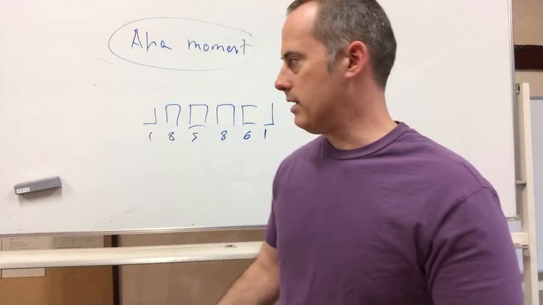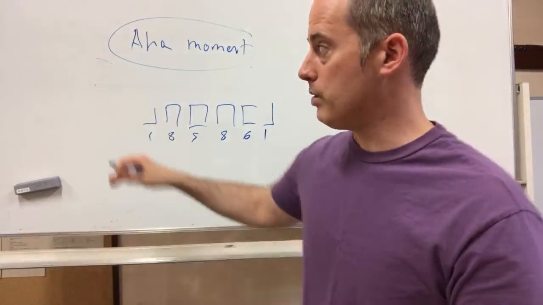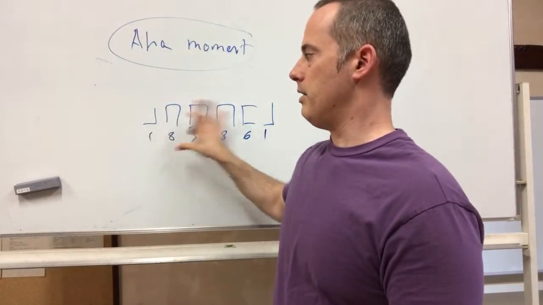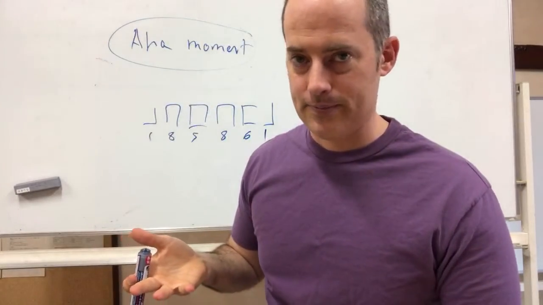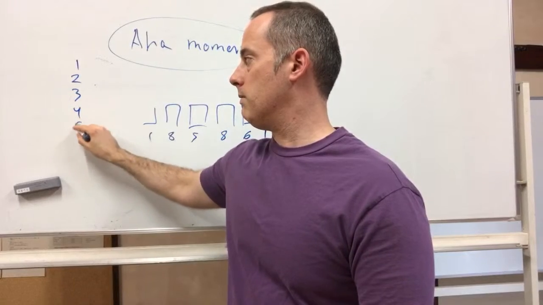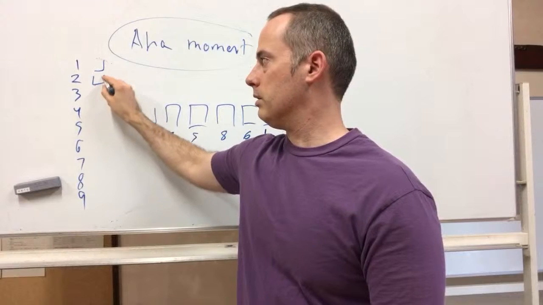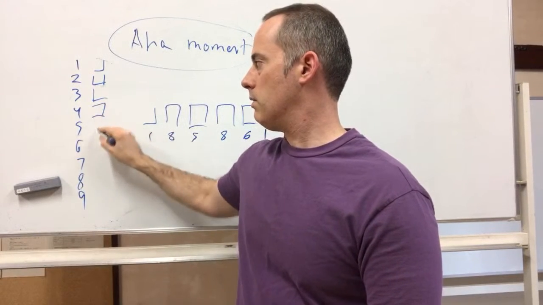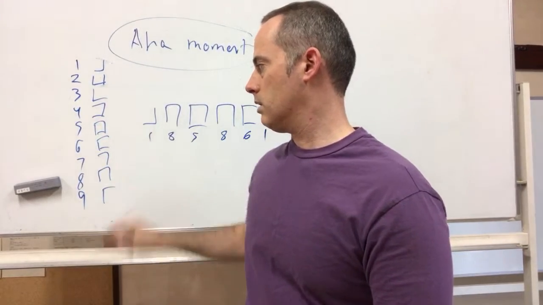Now, I gave you a bad lesson. I call this a bad language learning lesson because this is what most people do. This is the second language approach where we try to translate a bunch of things, and there's nothing where you feel any kind of aha, like you understood anything. All right. So let me put these examples back up here. 1, 2, 3, 4, 5, 6, 7, 8, 9, and I'll put my examples up here again. So 2, 3, 4, 5, 6, 7, 8, 9.